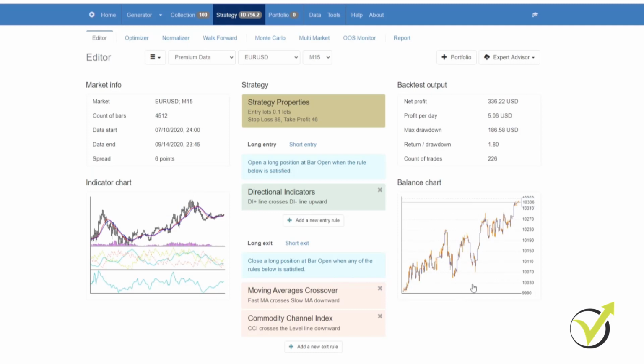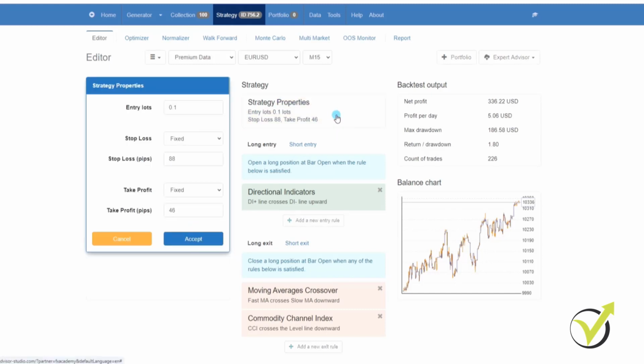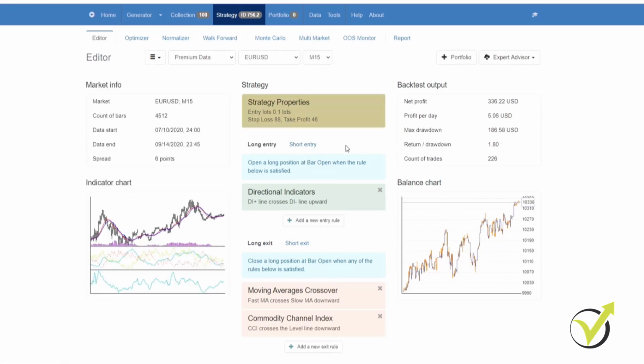It's virtually instant. So once again, just to summarize, a good strategy is made up of your strategy properties, your long and your short entry conditions, although the short entry positions are mirrored to the long entry, and again your long exit and your short exit, where the short exit is mirrored to the long exit. And the huge benefit with Expert Advisor Studio is that it does the backtest almost immediately. It works it out instantly. And remember that all trades are opened at the opening of a bar or a candlestick, and that's how it calculates the strategies on the backtest.